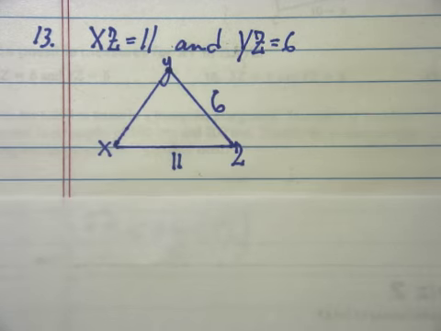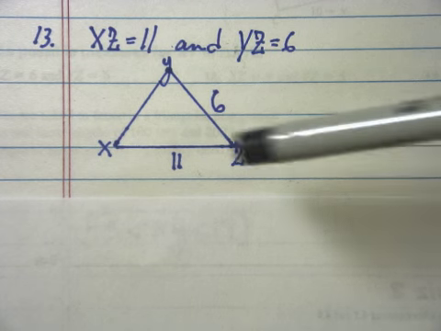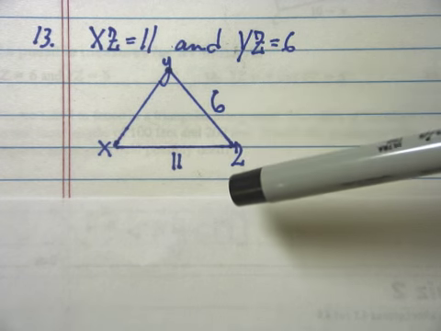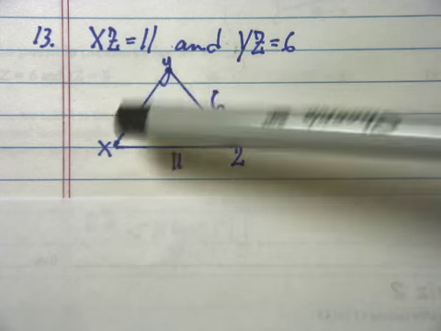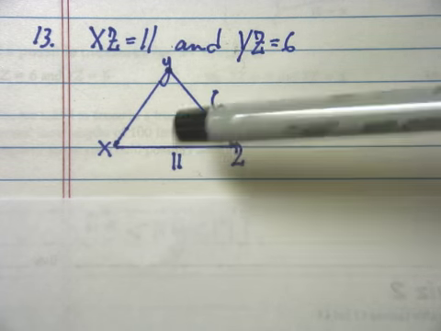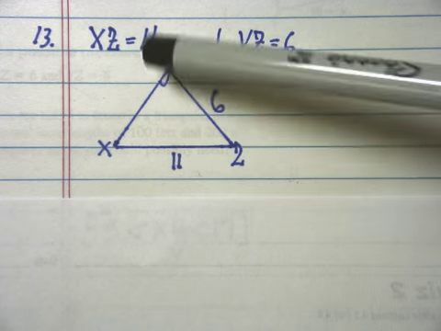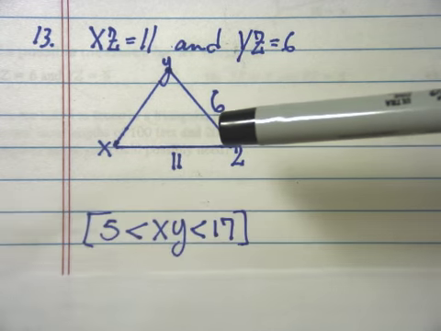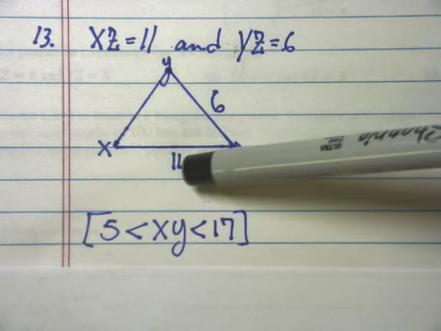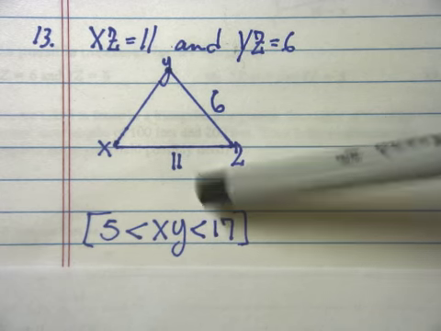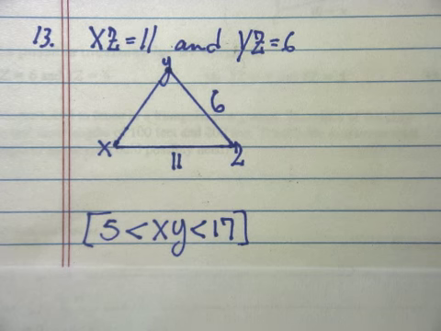And finally, question 13. Again, I have the exact same scenario with the exact same triangle. And they told me that this side is 11, this side is 6. And they want to know what the possible value of XY is. So basically, we know that this side is going to be in between their sum and their difference. So that XY is going to be smaller than these two together, smaller than 17, but greater than 5. And those are questions